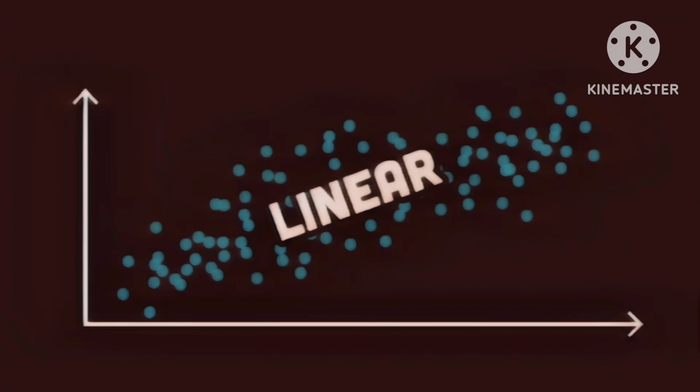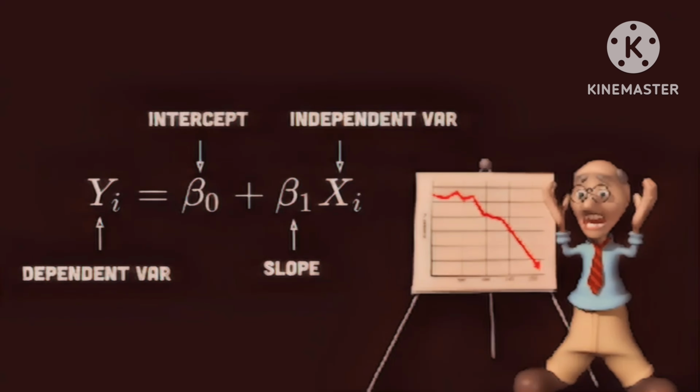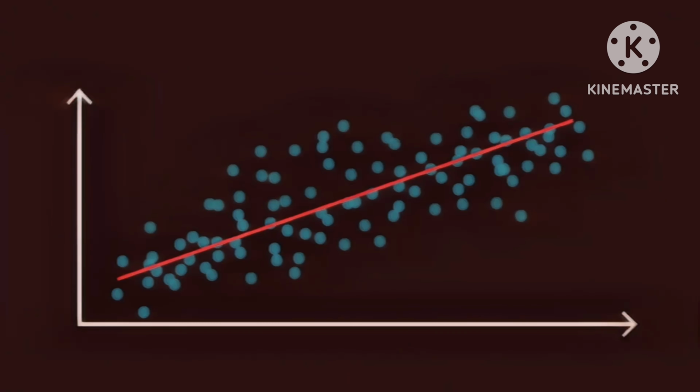logistic regression. In a linear regression, the goal is to predict a continuous value, like the amount of money you'll lose after buying a stock. The relationship between the input and output variable is linear, and the idea is to find a line that best